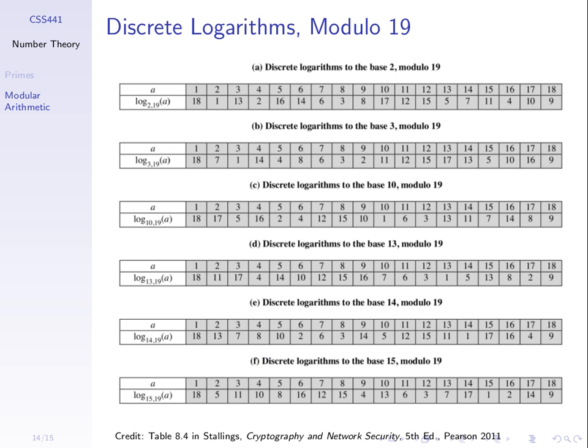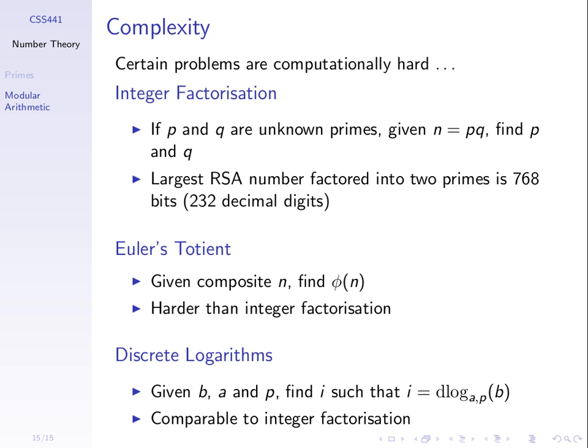And to finish, we've mentioned along the way, but we'll summarise, some of the problems that we've come across, we say are very hard to solve. We define as computationally hard in that if we have inputs large enough, there are no known algorithms that can solve them in reasonable time. Your computer cannot find the answer if the numbers are large enough. And the 3 problems, which are about equivalent in complexity,